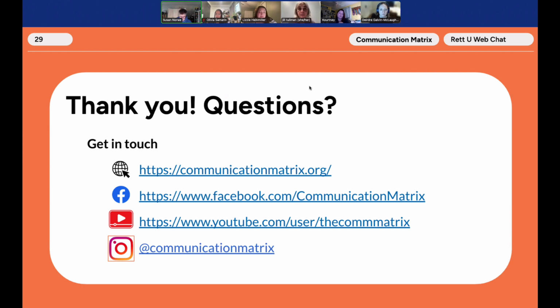Yeah. We have a question in the chat that says, how can parents access the matrix? And is there a key that will identify what specific skills correspond to each level? So parents can create an account. That's probably the easiest way to access the matrix. And